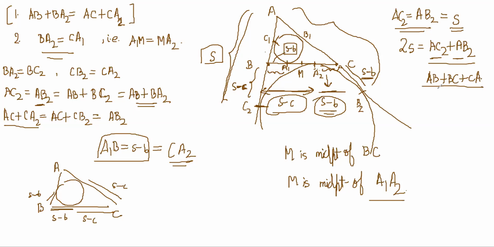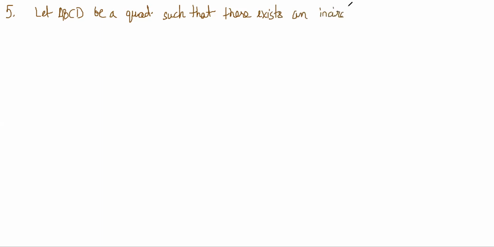Then we have a tangential quadrilateral. This we have also already discussed. I will just write the statement. It is immediately obvious. So this is: let ABCD be a quadrilateral such that there exists an incircle which is tangent to its sides,